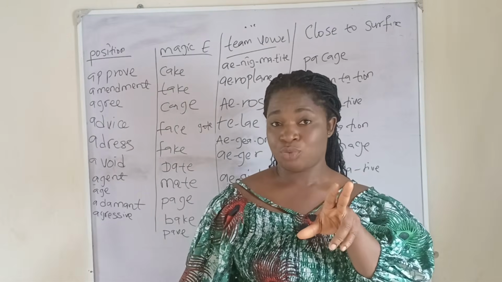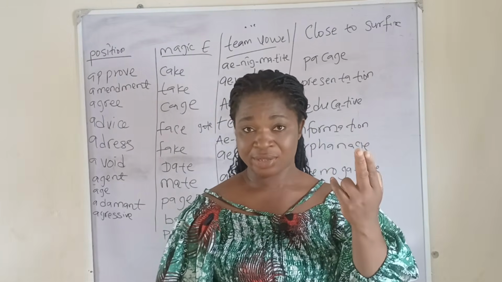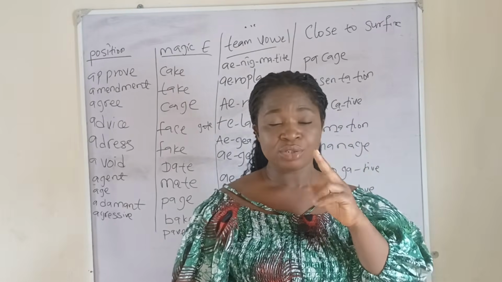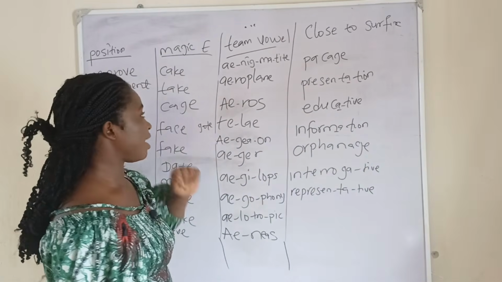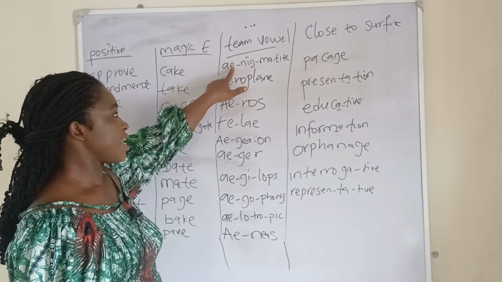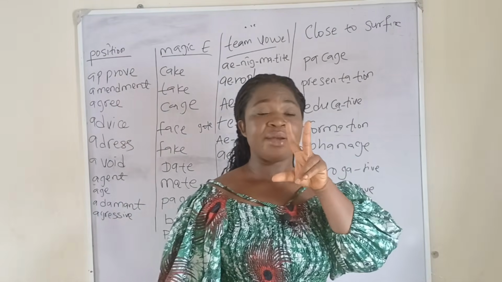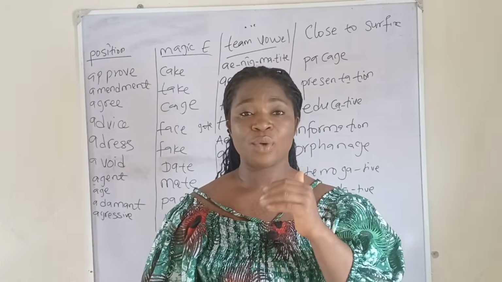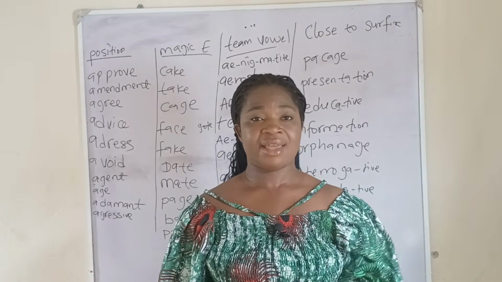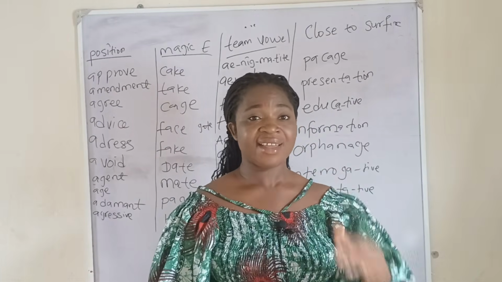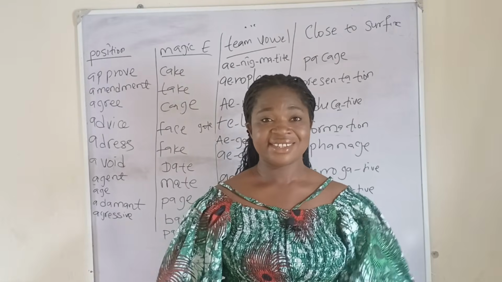But sometimes as well, two paired vowels can actually give us a different sound. Okay, so on today's one, still on A, when A and E is being paired, where they happen to be a team vowel in a word, they usually go with the sound